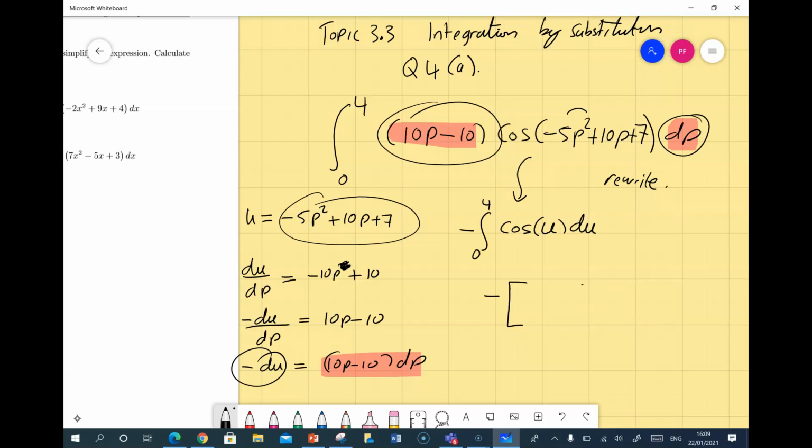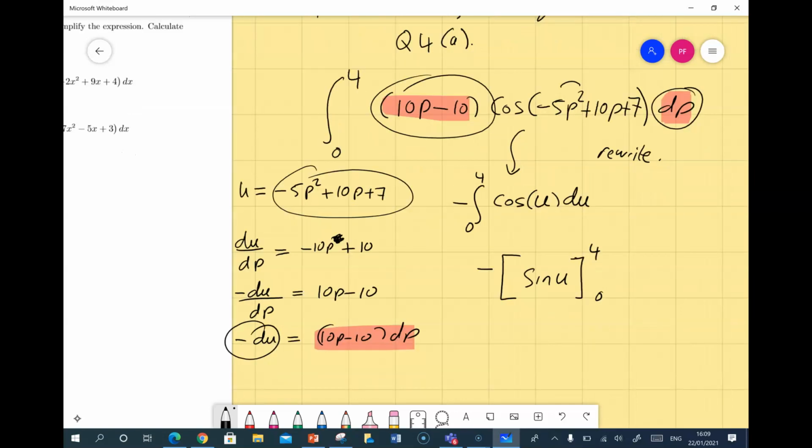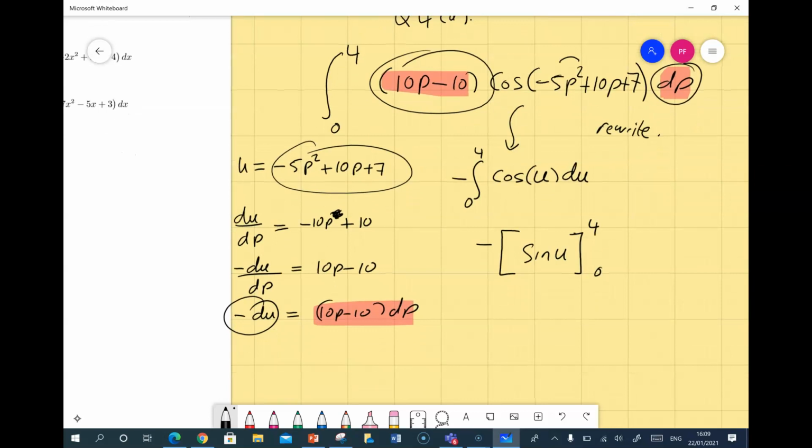So we integrate, so I'm going to have the minus of the integral of cos. The integral of cos is sine, so sine of u, and my limits are going to be from 4 to 0. But in order to use 4 and 0, I have to put back in what u is. So minus the sine of minus 5p squared plus 10p plus 7